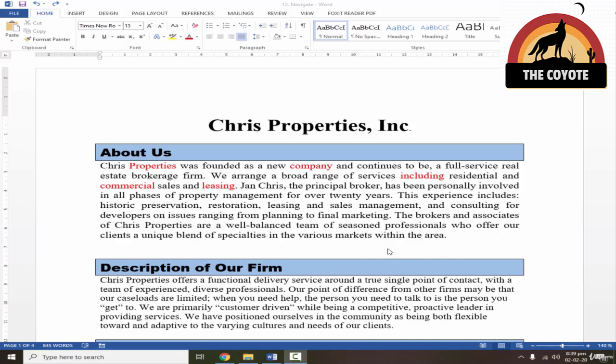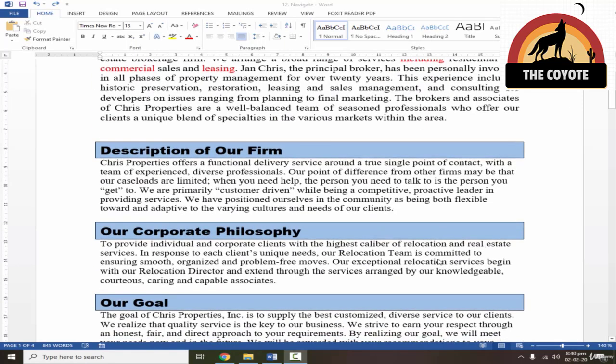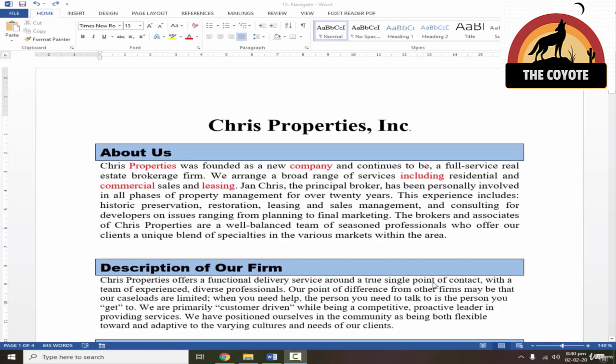Now there is a function in Word with which you can easily navigate between the headings and move just by clicking on the particular heading, so it will move to that section like a table of contents. But for that I need to bring all these headings to original format. I need to clear this format.